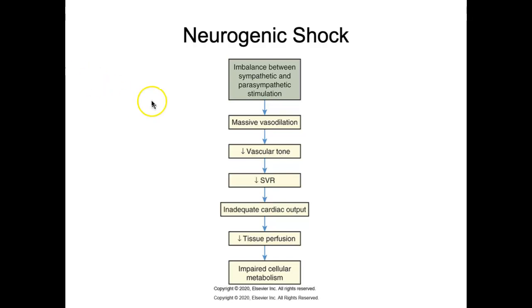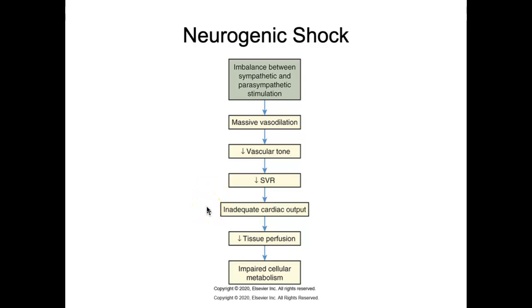And we are then interrupting the sympathetic activity. So we start to lose the vascular tone that our sympathetic nervous system is set up to control. That leads to something called a relative hypovolemia, meaning that our blood volume hasn't changed, but our systemic vascular resistance has drastically decreased. And that is going to then cause the pressure within our vessels to fall